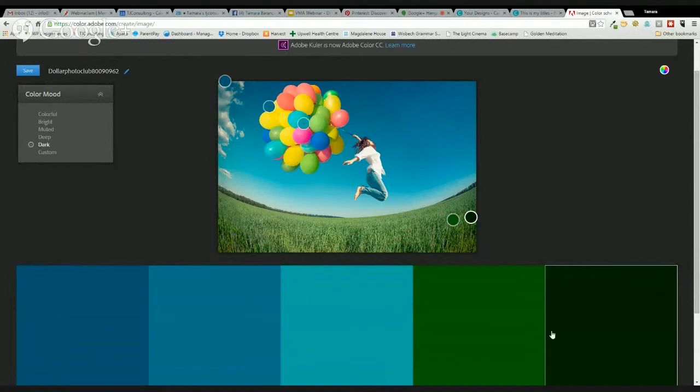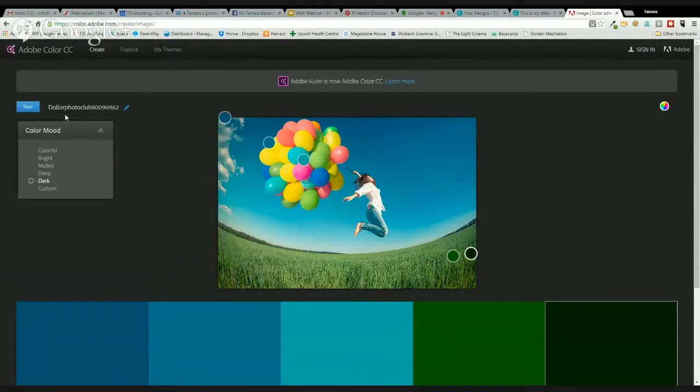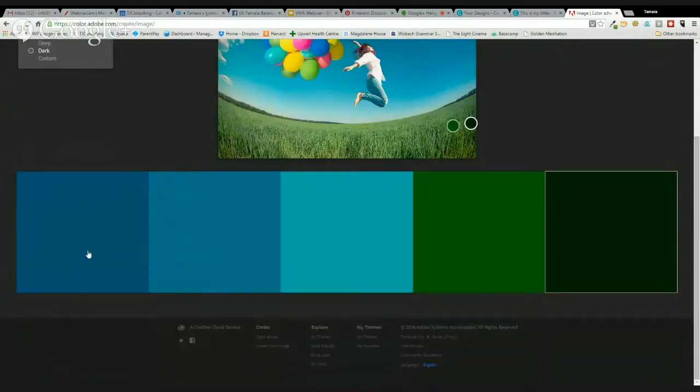And then if you're happy with this scheme, and you are logged in, you can save this color scheme in your account. And the good thing to use it for is,